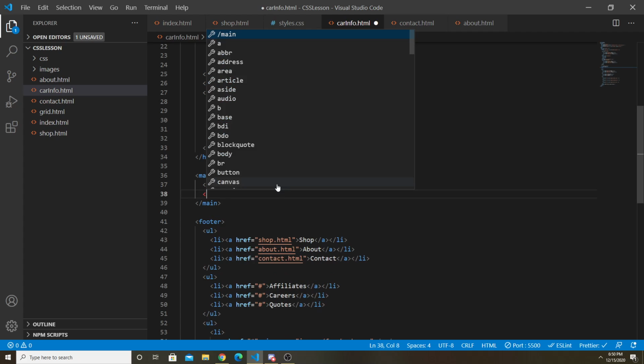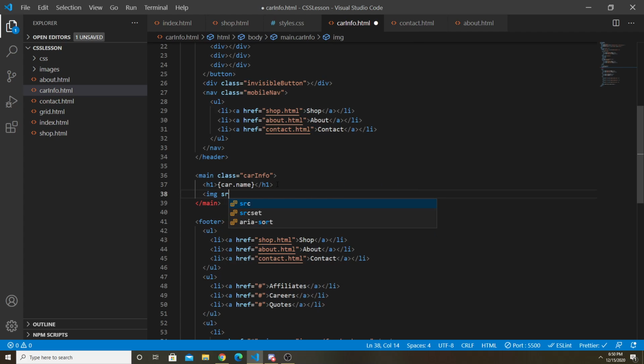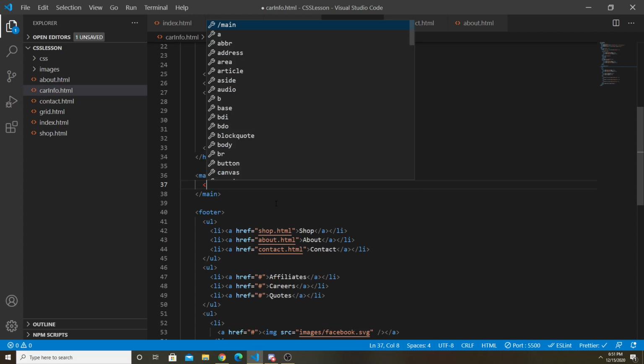And then you could have an image, and instead of typing in manually images slash cars slash car1, you would just be able to put in something like car.image.url, and then you'd be able to put in whatever car you clicked on, that car's picture. Okay. But again, this is a static page, so